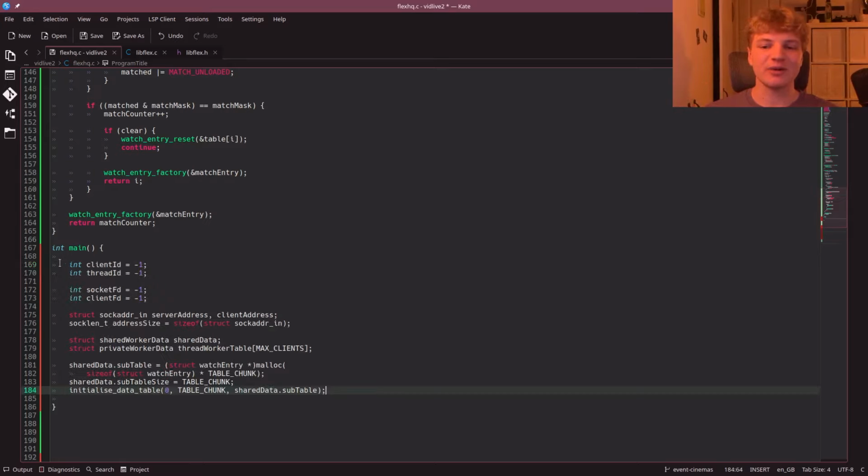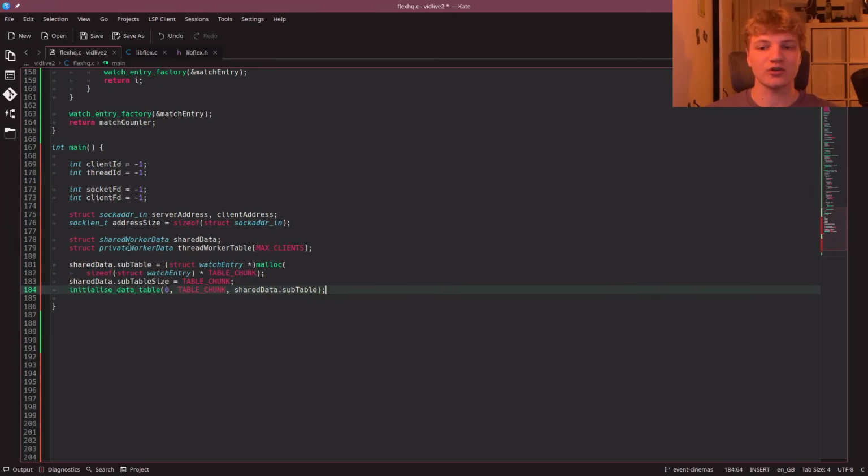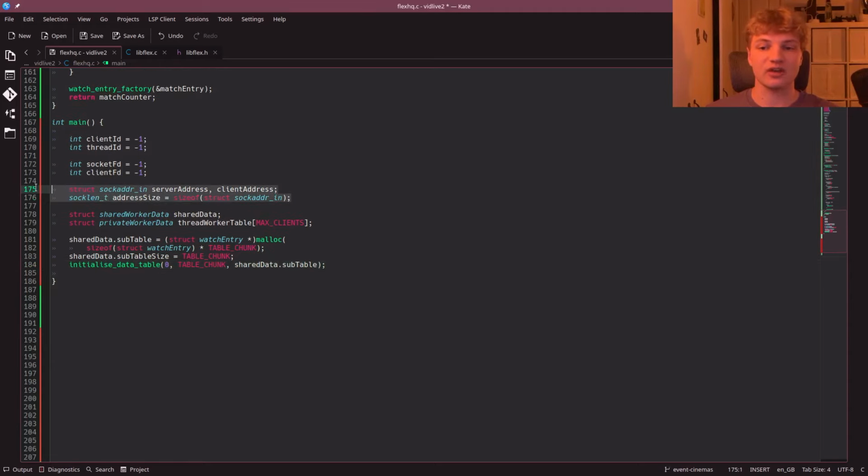I'm going to go ahead and give myself all of these here to save you from watching me type them out, but essentially we're just setting up some variables we're going to need. So we've got a client ID, a thread ID, a socket file descriptor for our server, a client file descriptor variable for our incoming connection, and I've just got some of this additional stuff here for the socket servers. I'm not going to really explain what each call does in this video because I already explained that in my implementing a network protocol video. So if you want to know the basics of a socket server, go and check that out